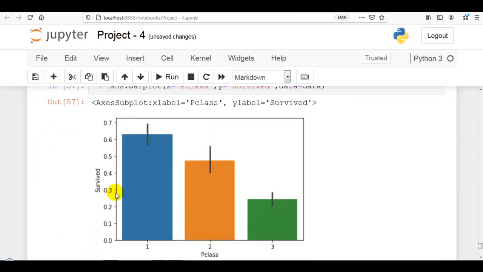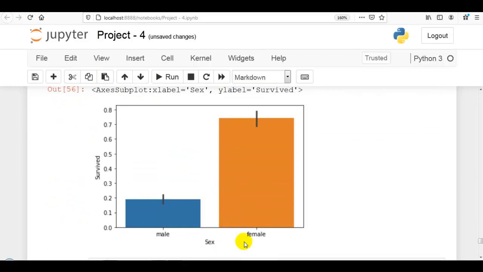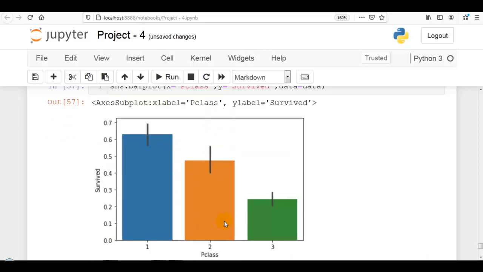As you can see over here, on y axis we have this survived column and x axis pclass. Same over here, on x axis we are having sex column, and in y axis we have survived column. As per this graph, we can say that passengers in first class have more chance of survival as compared to second class and third class, and passengers in second class have more chance of survival than third class.